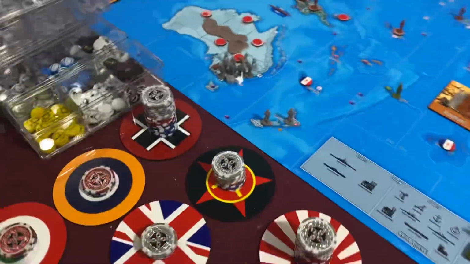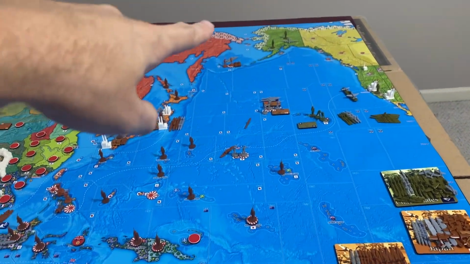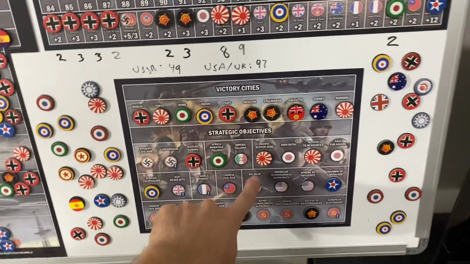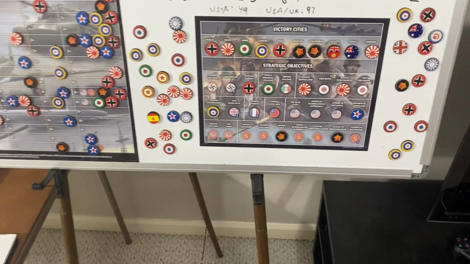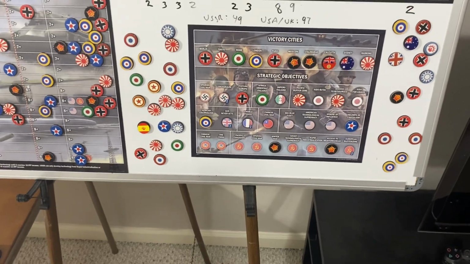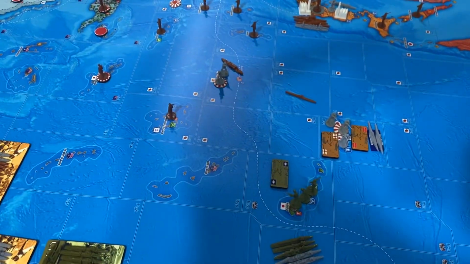Oh, and I forgot to mention too, I think on Japan's turn, since Japan took over Attu and Kiska, they now have another strategic objective, Pacific Buffer Zone. So the Axis are up to 9 now. Allies are at 5. Comintern is at 4. So the Axis are ahead by a pretty good margin. If